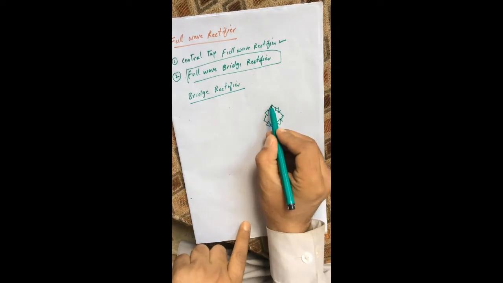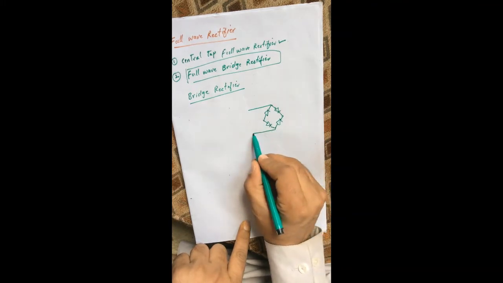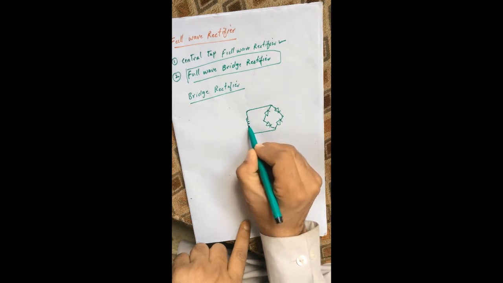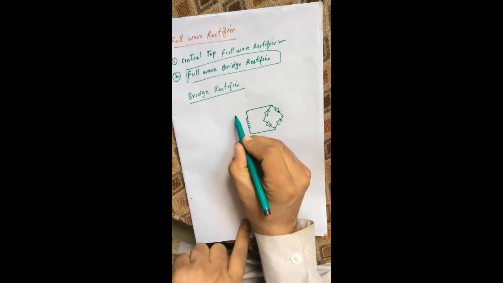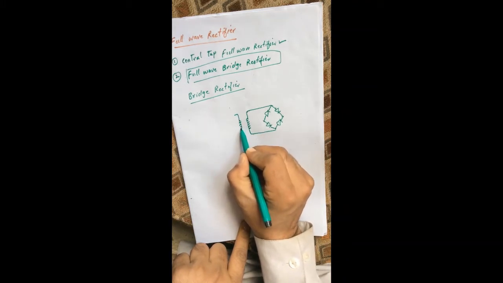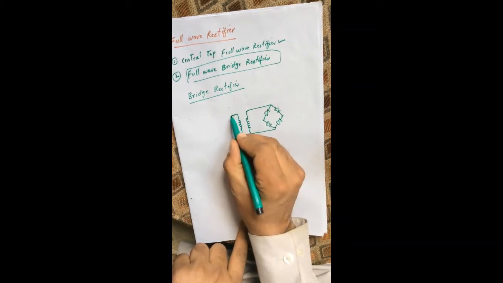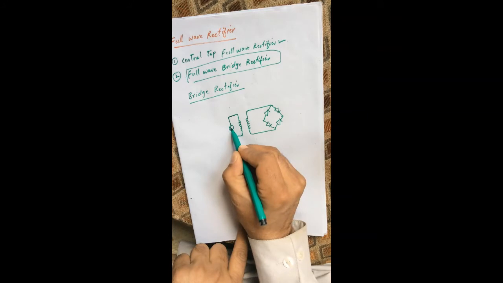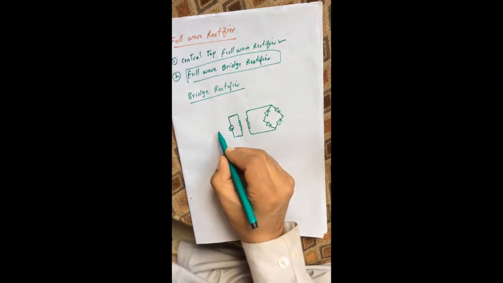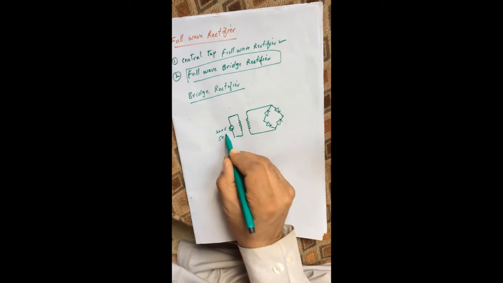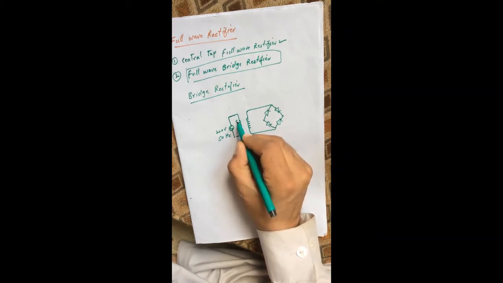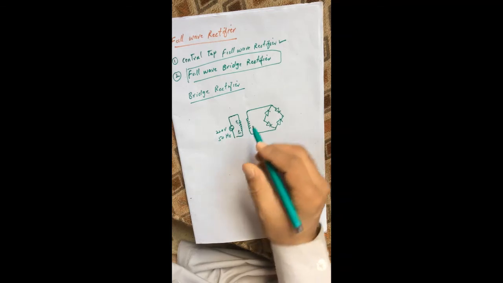And we have a transformer, and here we have the AC voltage, the AC input signal. This will be 220 volt of 50 hertz. This is the primary coil of the transformer. At this point I will call it P1 and this is P2, and this is the secondary